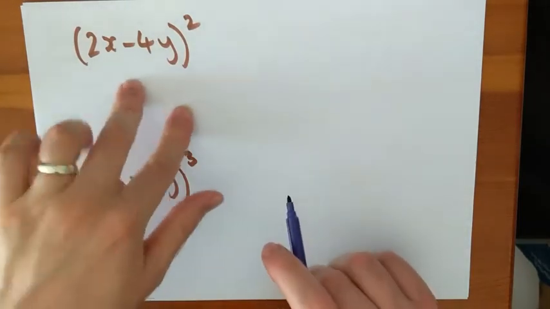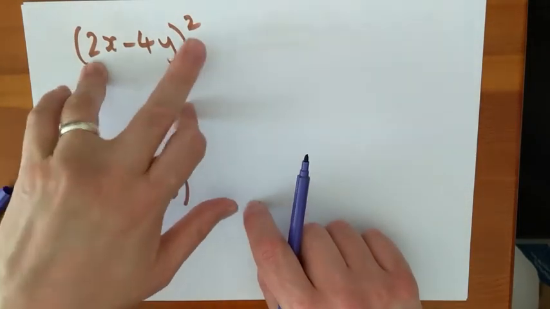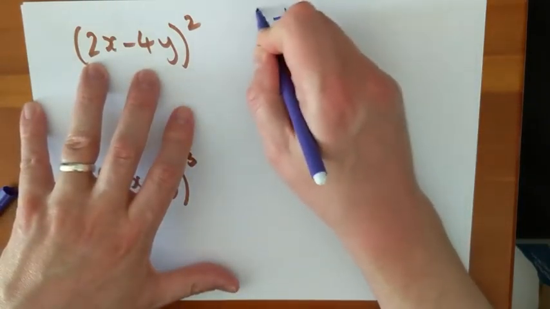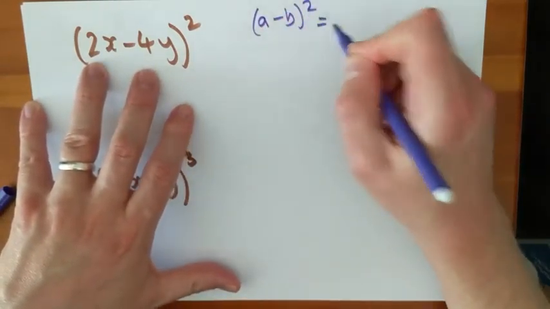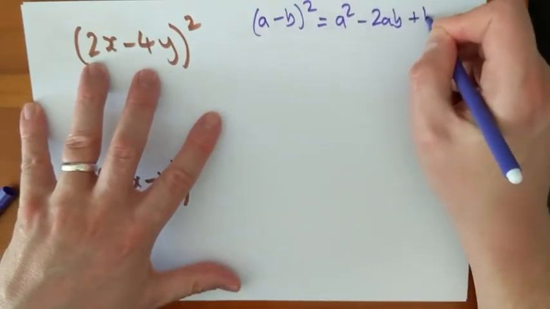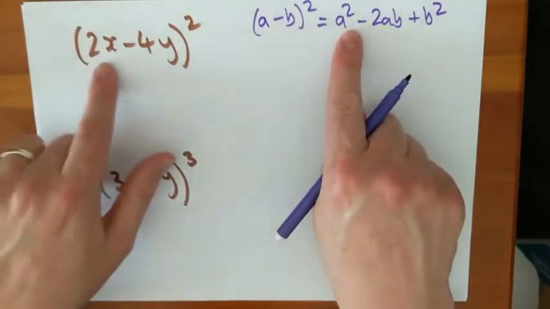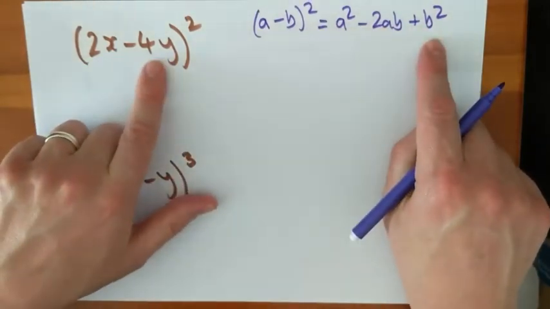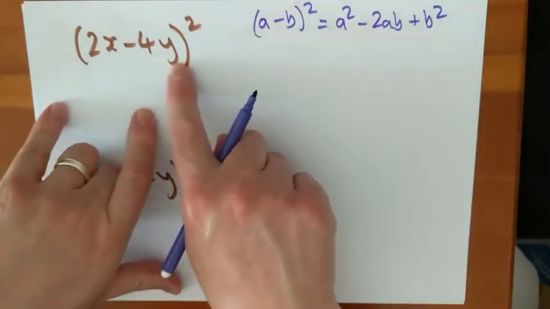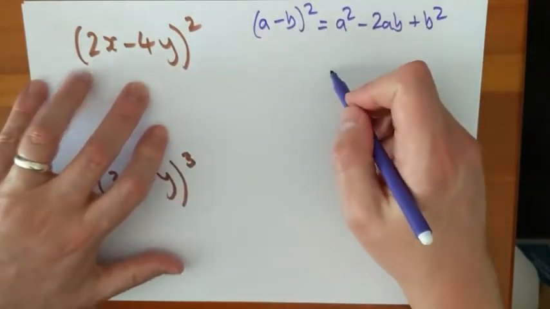So this here is something take away something all squared. So it's following the pattern of a minus b all squared, which has the pattern a squared minus 2ab plus b squared. Here, instead of an a, we've got 2x, and instead of a b, we have 4y. But we can use this pattern to help us simplify this expression. And we would have something which would be